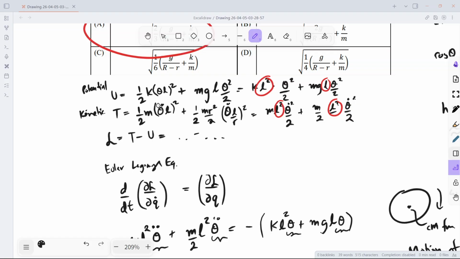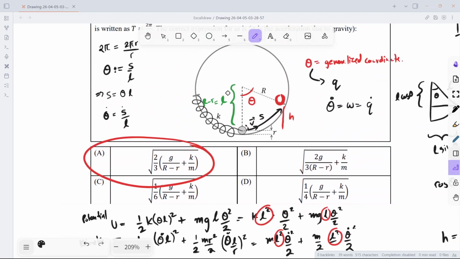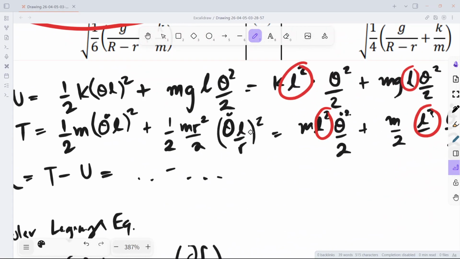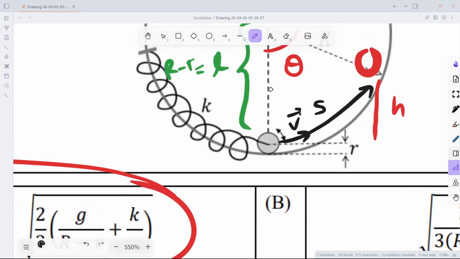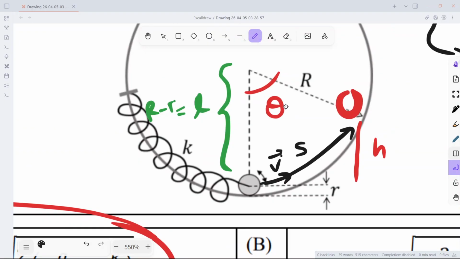Kinetic energy is just half mv squared plus whatever your rotational kinetic energy is. Potential energy was kind of straightforward. The only caveat for us was, and I actually didn't realize it, but at the end this was something very important, since otherwise the answer would have been wrong. At the end, this would not have been an R squared dependence. This would have just been an L squared dependence, because this R cancels. And the reason it cancels is because the angular frequency of this small guy is related to this theta with a scaling factor L over R,